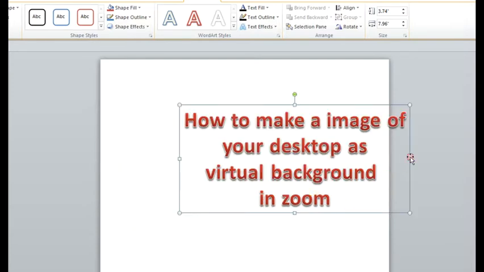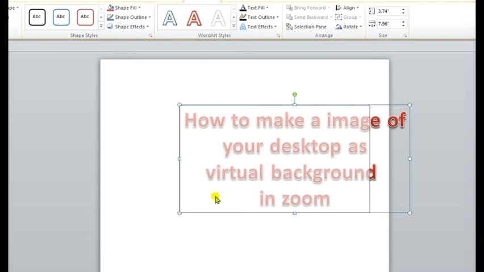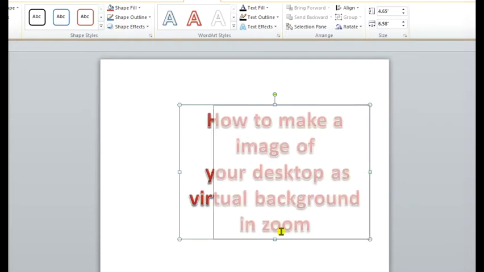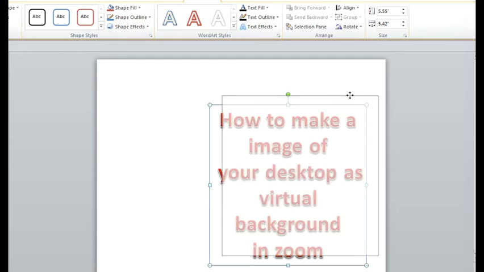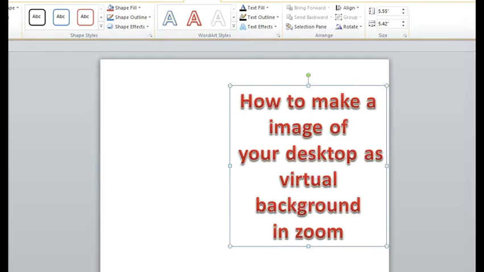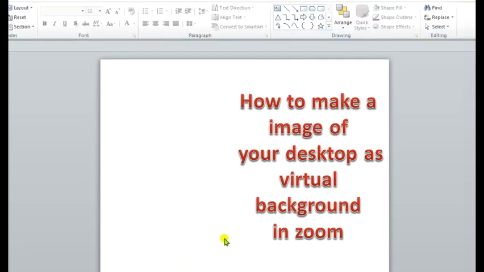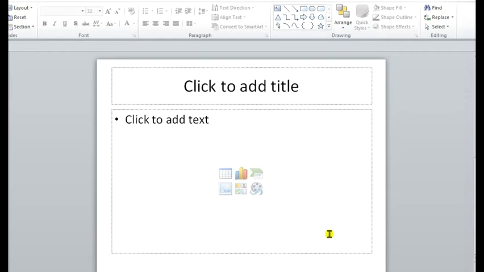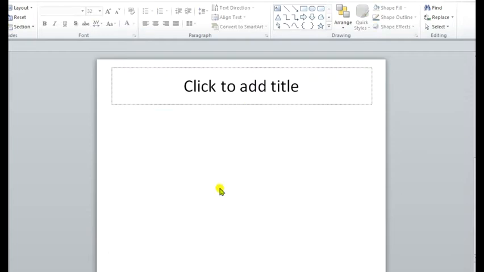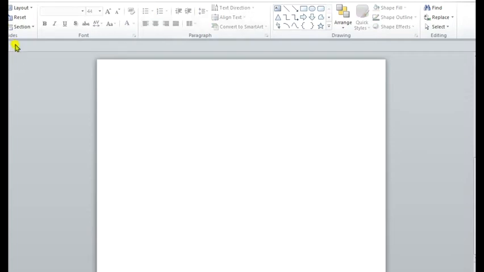And make sure that this topic, or whatever you're doing, goes on one side of this slide. The reason for that is, when you're going to have a virtual background, the virtual background is going to replace a single color of your background with this image, and on one side you want the topic to appear, and on the other side the image or whatever you want to show should be visible. If you want a topic name alone, you can go for it like that, or otherwise you can take a new slide and go for a normal stage itself.